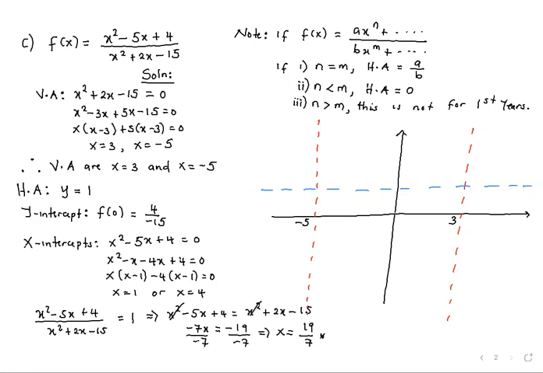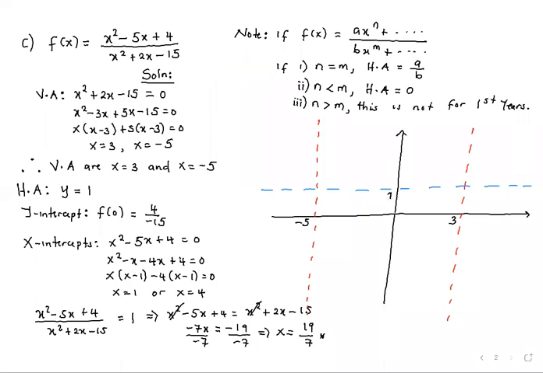We place it here. That is 1. Then now we get 3. Substitute in the function. So we have f of 3. F of 3 is going to be 9 minus 15 plus 4 over